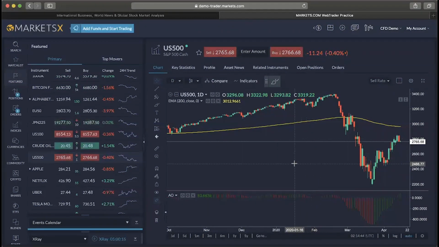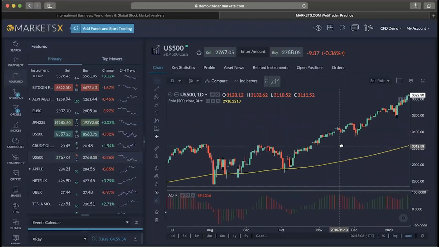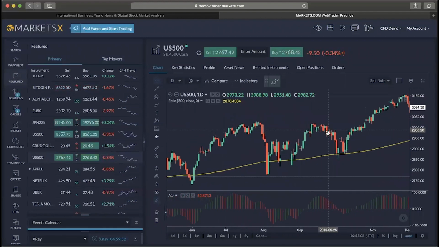Now, I'm going to share with you here the 200 EMA exponential moving average on a daily chart on both the currency market, gold, and also in the index market, just to share with you some simple strategy that you may like to add to your trading plan that is going to potentially increase your probability of success. Now, I'm just going to scroll my chart back here just a little bit to where the S&P 500 was